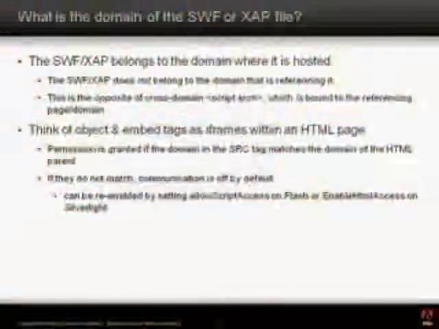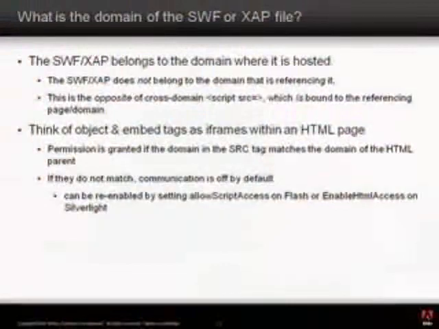But when you're talking about the same origin policy with plugins, you have to understand what domain the plugin belongs to. And the answer to that question in both of our cases is that the domain of the SWF or the domain of the Silverlight XAP file is the site on which it is hosted. It is not the site which is linking it in from the HTML page. So you can think of them as iframes. When you have an object tag and you specify the source as a remote destination, whatever's in that source tag that points to that XAP file or points to the SWF,